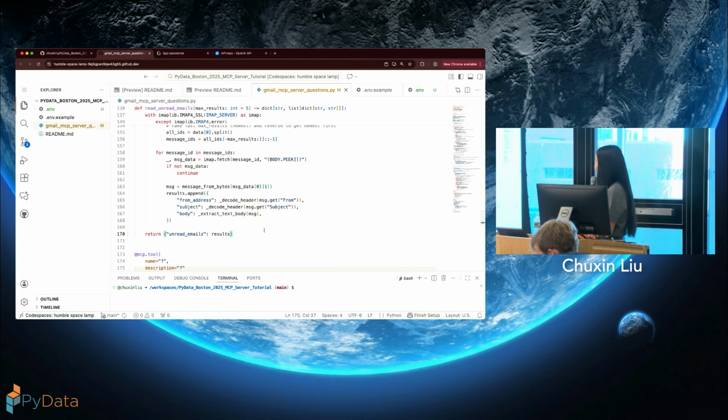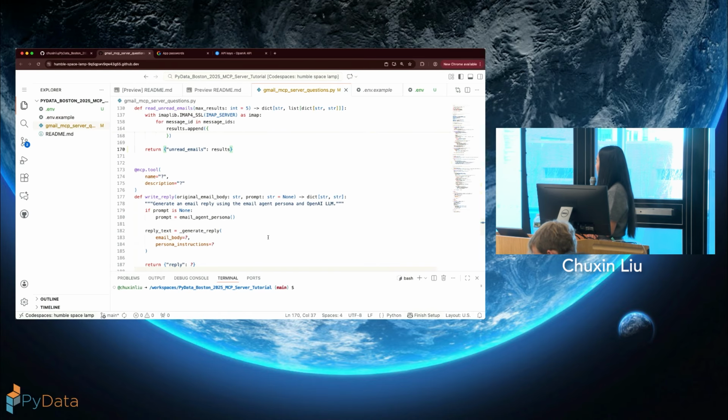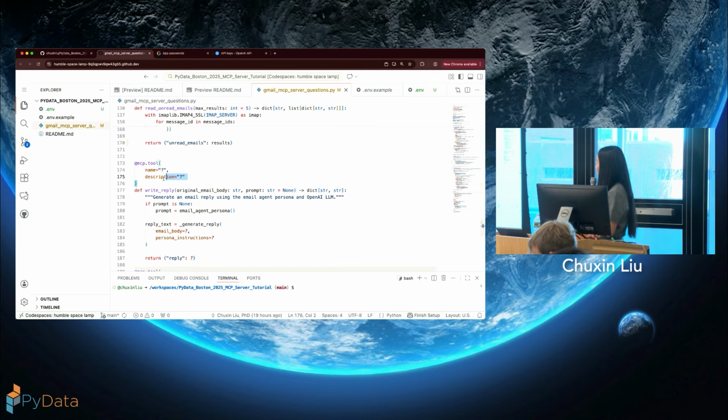Okay, so we have two more tools. The first one is write reply. So let's finish this. For simplicity, we're just doing the same. But for your own use case, maybe you will write something else, or you check the documentation and add some more parameters into your decorator.